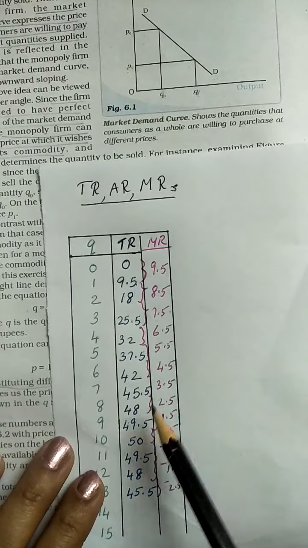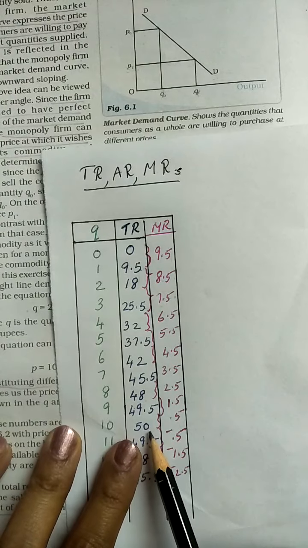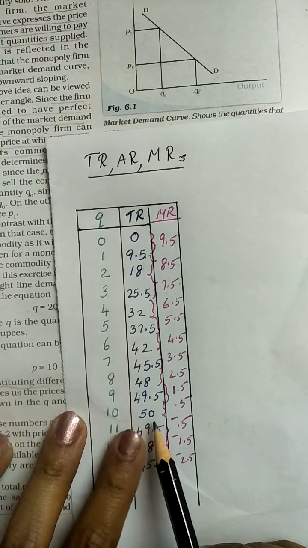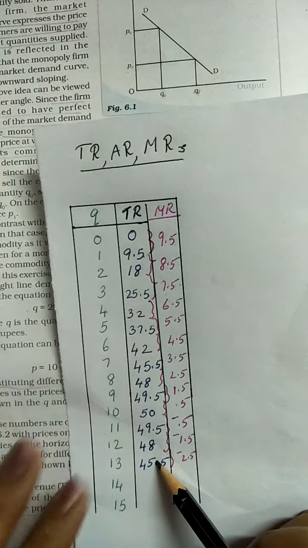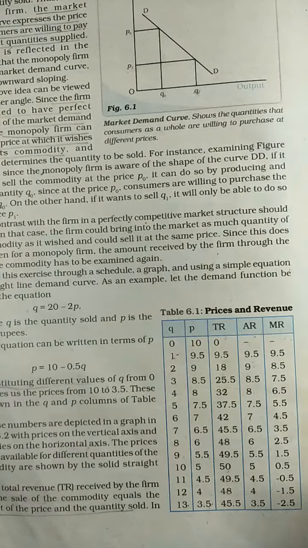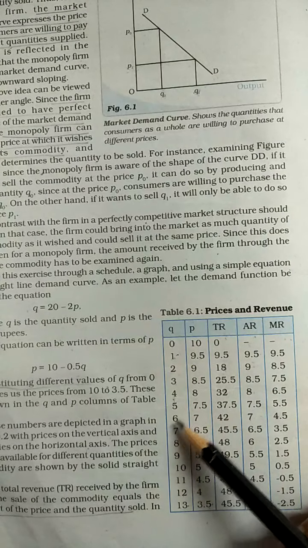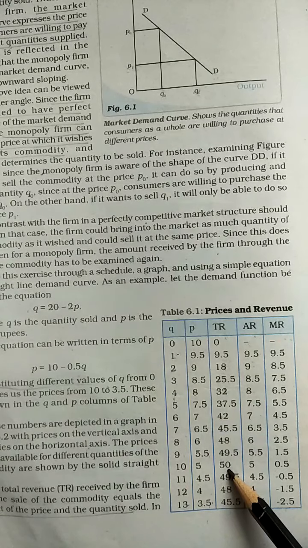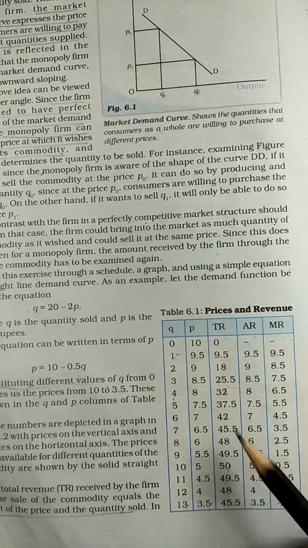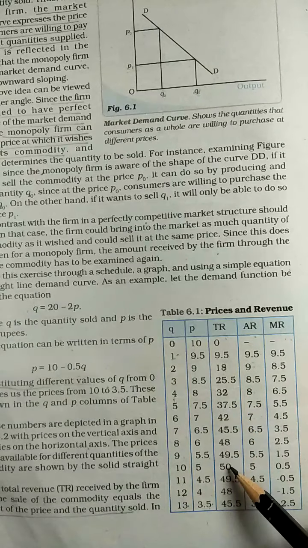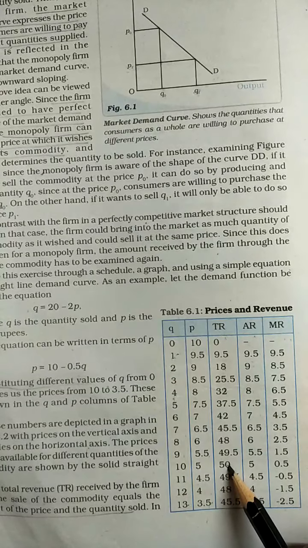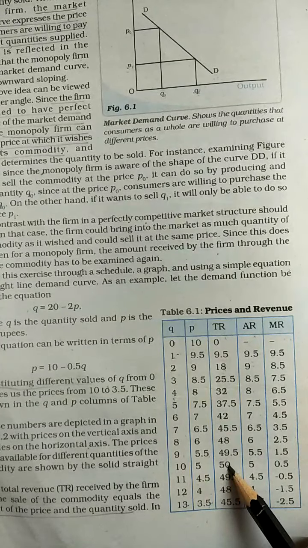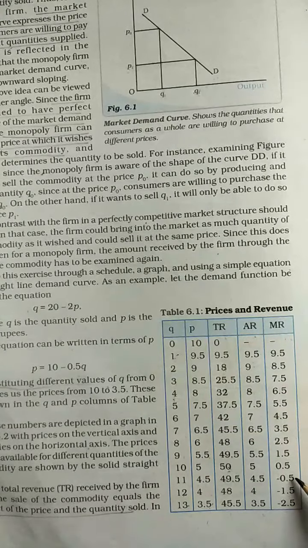So in that way, it will increase up to a point, that is the 10th unit. The total revenue is increasing, and after that the total revenue also starts to decrease. That means the increase in the quantity initially results in an increase in the total revenue, but in a decreasing way. That is, the difference is decreasing. After this point, the total revenue starts to decline and automatically the marginal revenue would be negative.